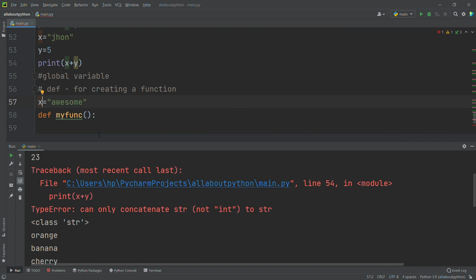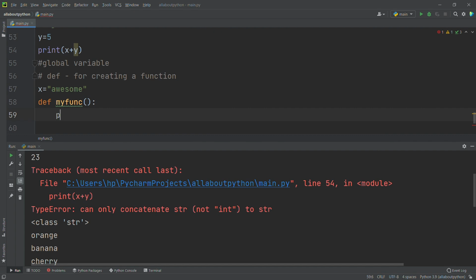Now I will use this x variable inside the function, which I created outside the function. I will say print of Python is, and then x here.